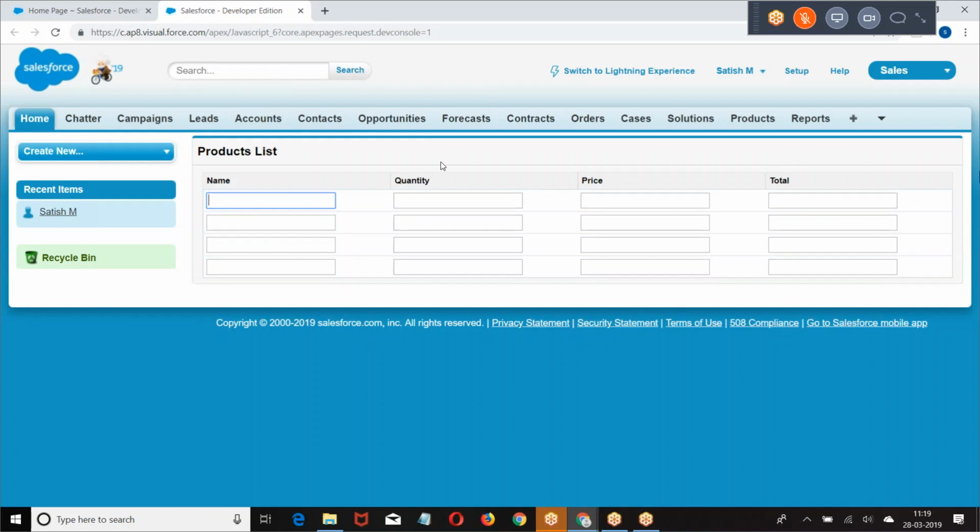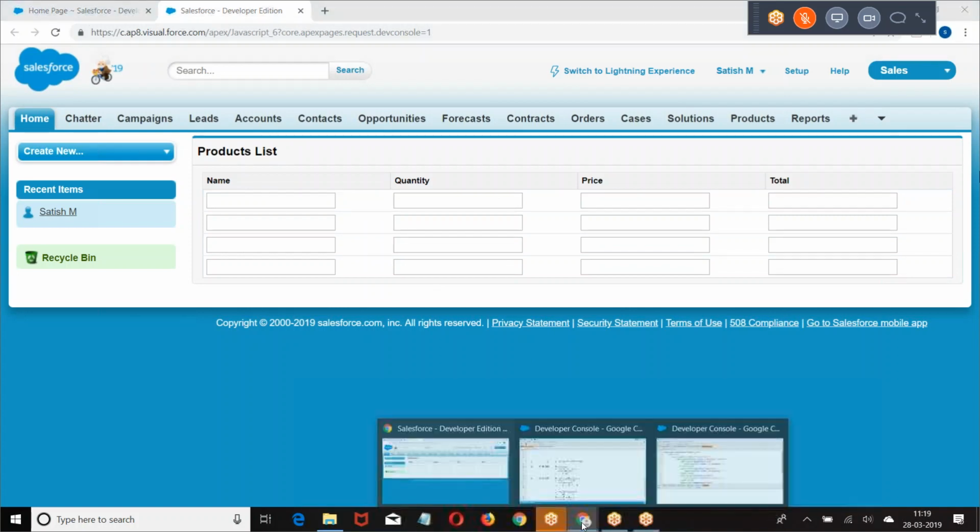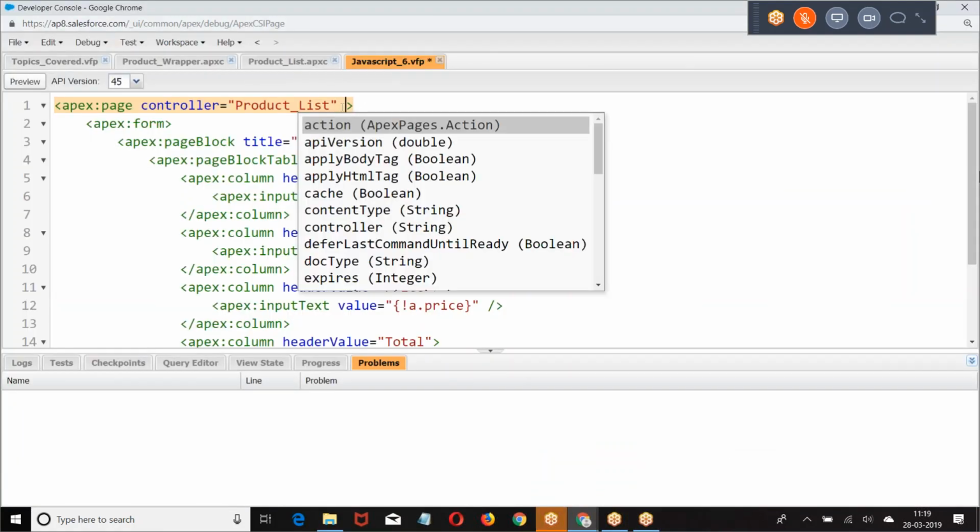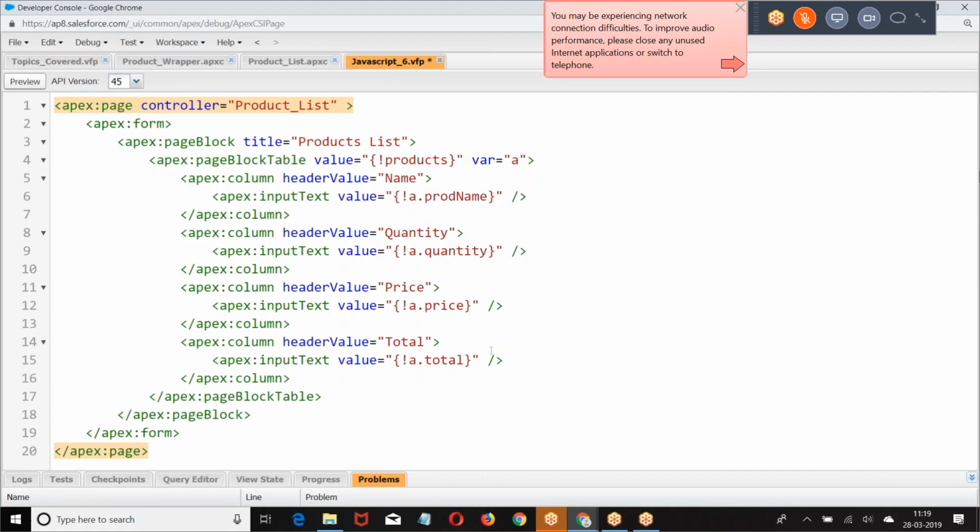Name, quantity, price, total. Now I want to know which row I selected. I want to know on which row I have clicked. What I'm doing: this is a regular page block table, right? There is no question about this.